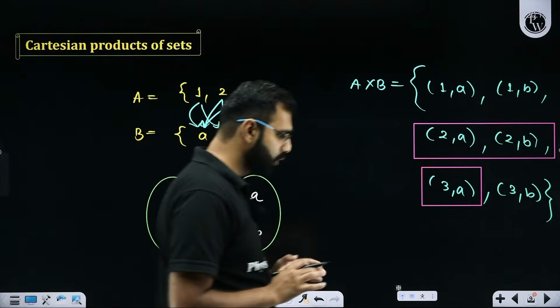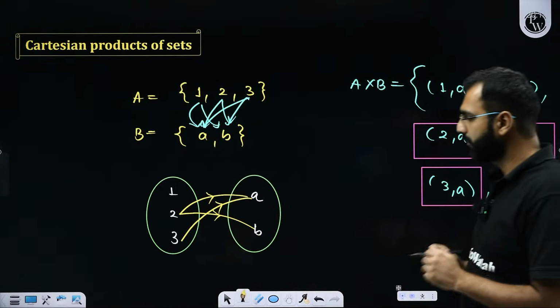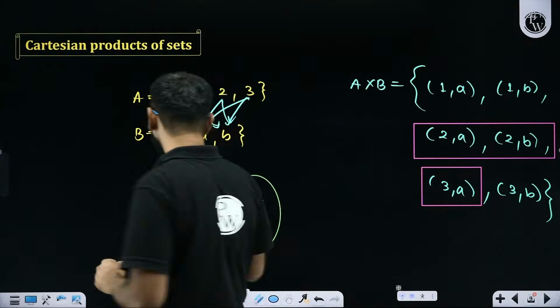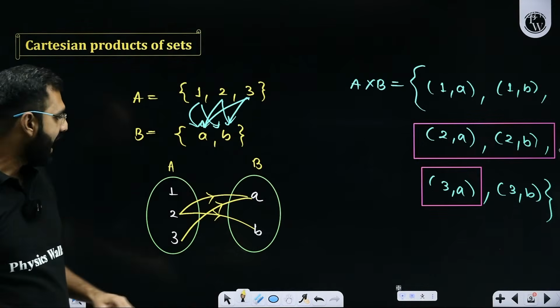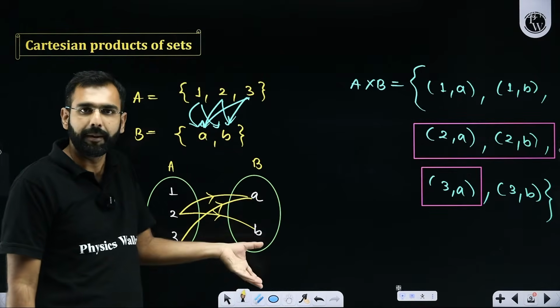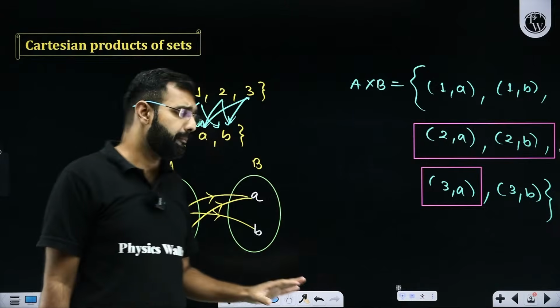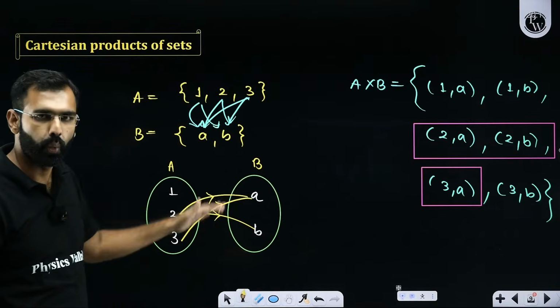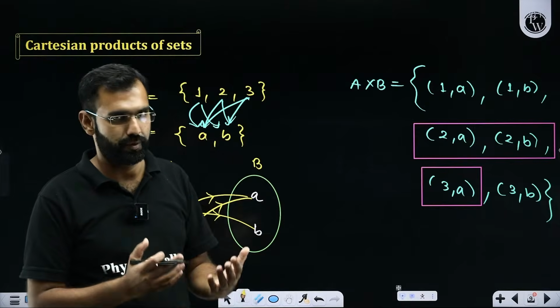So what we are doing here is we are simply saying, my name is Deependra, by the way. Here we have that 1, 2, 3 are the elements in set A, and A and B are the elements of set B. And if I take some elements of A and map those elements with B, with ordered pairs also you can relate them. So if I map elements of A with the elements of set B, then this mapping is called a relation.